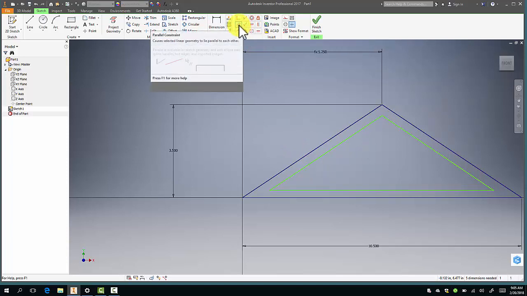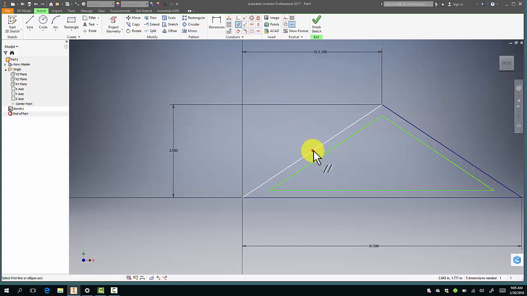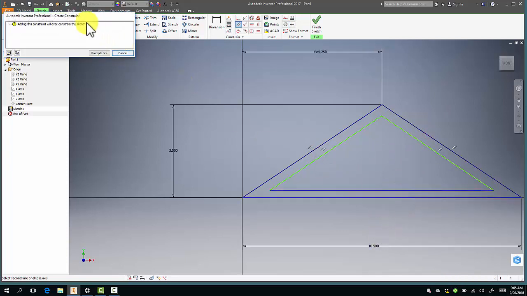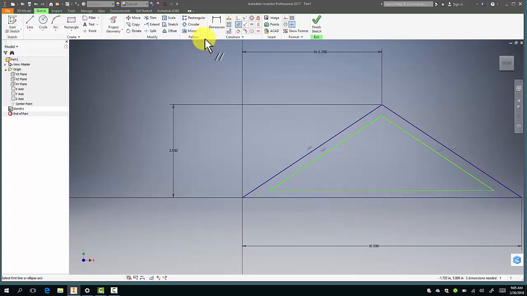These are constraints. So I want parallel constraint. I want this parallel to that. I want this line parallel to that line, and I want this line parallel to that line. Okay, it pops up because it's already been constrained to that. So I can just hit cancel there. So now if I get the dimension tool, click on those two, now it's going to give me a dimension